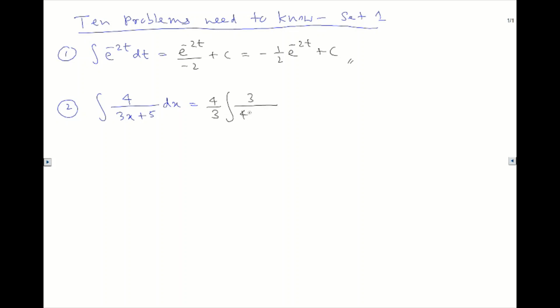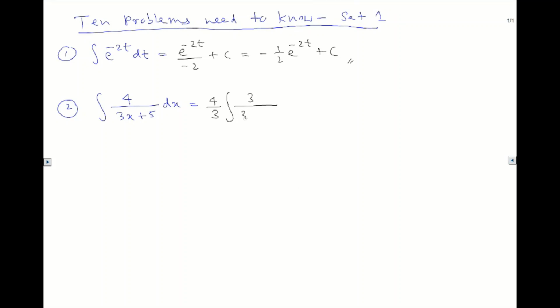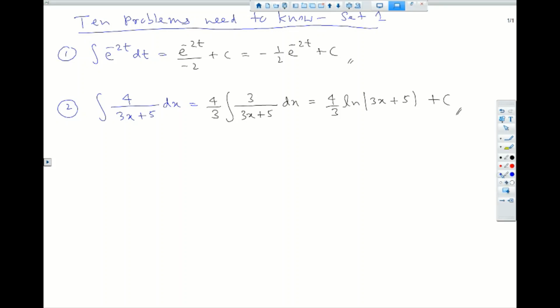So we rearrange the terms, and then we can write this one as the integral of 3 over 3x plus 5 dx. Now you can see this is the natural log, so it is 4/3 natural log. We need the absolute value because we don't know whether this is positive or negative, so we put the absolute value plus c. So that's the answer for that question. And then number 3,